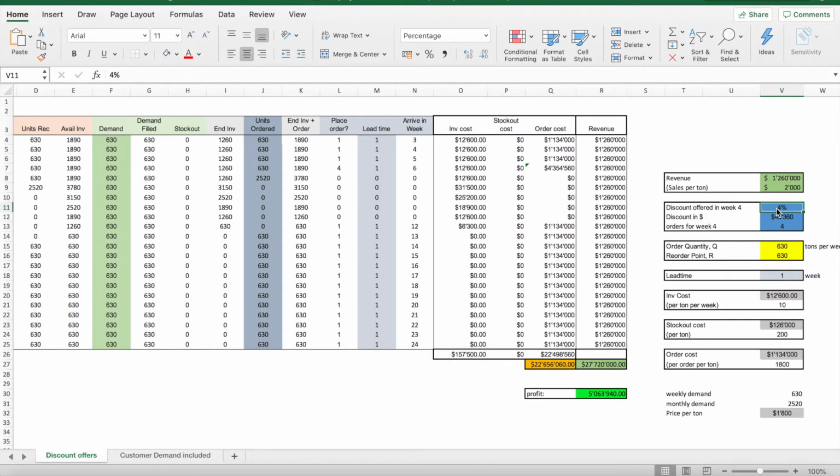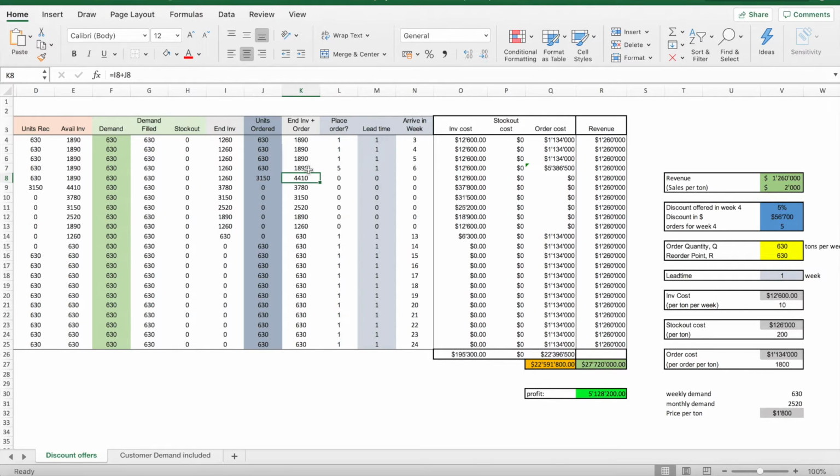So now we take a closer look at the discount offered to us by our supplier in week 4. At the moment, we have a discount of 4%. This can, however, be easily changed by our suppliers to 5%, for example. And this will basically impact the orders we place. So how the orders are placed are calculated based on the discount offered to us in dollars, which is calculated by the discount rate times the order costs. And the orders placed are determined by a round function of the discount offered to us divided by our inventory costs.